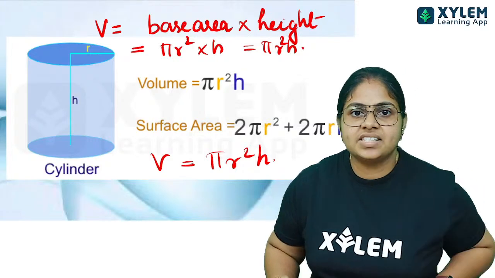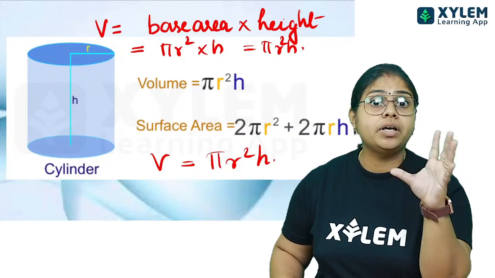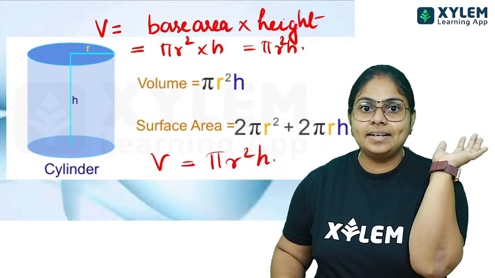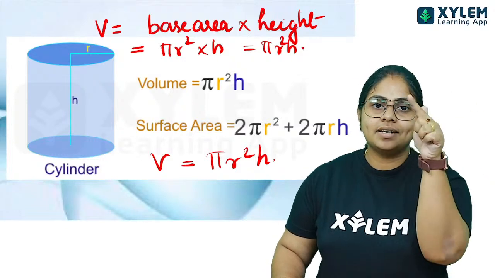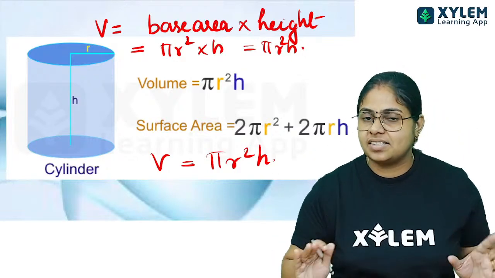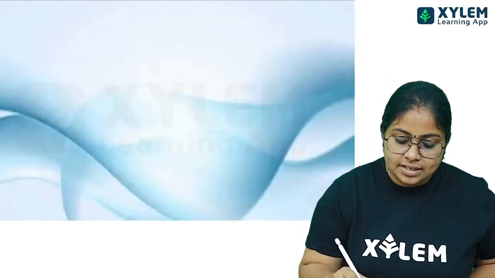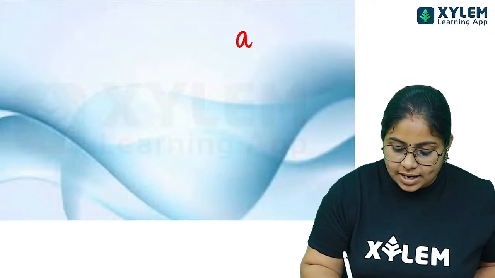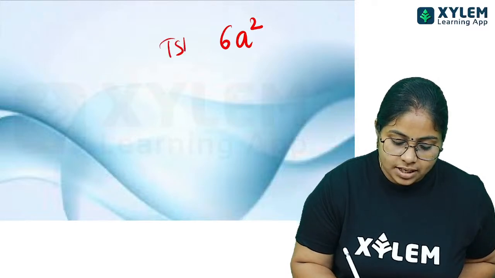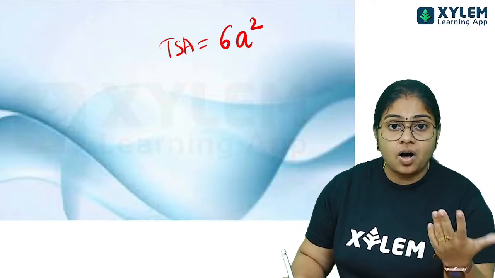Total surface means there are 6 faces, right? A cube, like a Rubik's cube, you all may know that. Or the dice you play Ludo with, it has numbers 1 to 6, which means it has 6 faces. And all the faces are in what shape? Square. The area of a square is a square. Like that there are 6 faces, so the total surface area of a cube is equal to 6a square. And as I told you, the volume is equal to